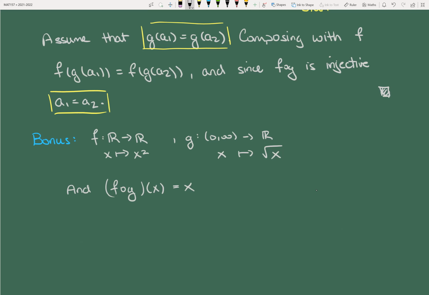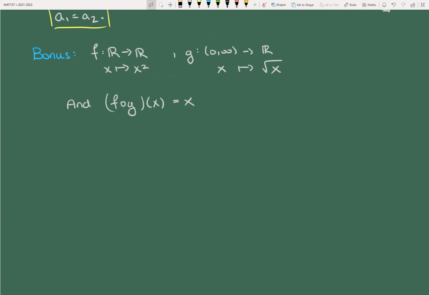And let's think about what happened here. The bad values, the things which make f fail to be injective, were just never seen because G prohibited that. The square root of x always maps to a positive number or a non-negative number, but it never sees the negative numbers. So the part of f that failed to be injective just never got hit. It's like if we want to draw this as a picture,